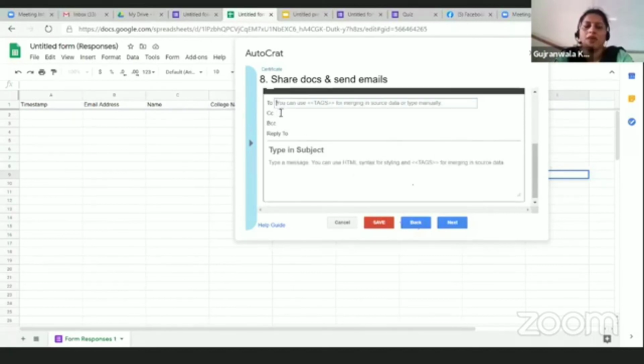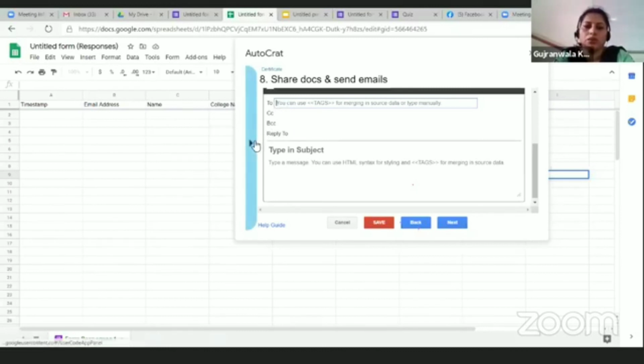Now here, to whom do you want to send the email? Your Google form has taken email addresses as entry from the participants. So here I want the email address of each participant, because if 100 participants are filling in their details, 100 certificates will go, 100 emails will go.